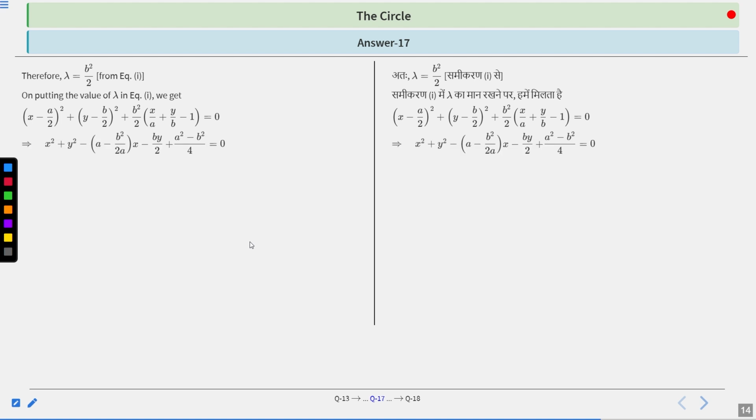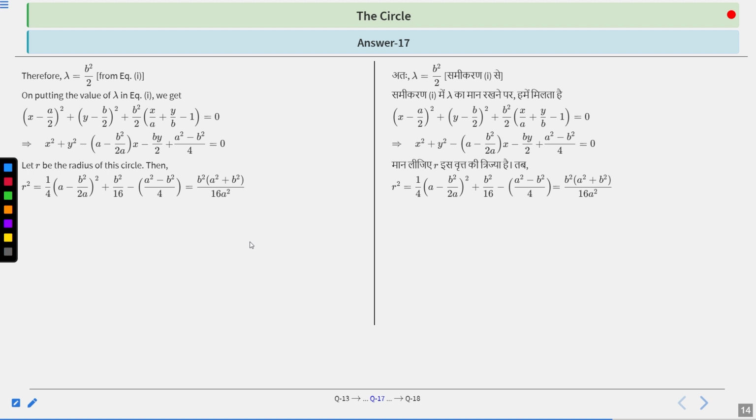Got it? Therefore, you will get the equation of a new circle as x square plus y square minus (a minus b square by 2a) into x minus b y by 2 plus (a square minus b square)/4 equal to 0. Got it? Let r be the radius of the circle, then by the given equation of circle, r square will be 1 by 4 into (a minus b square by 2) whole square plus b square by 16 minus (a square minus b square) upon 4,